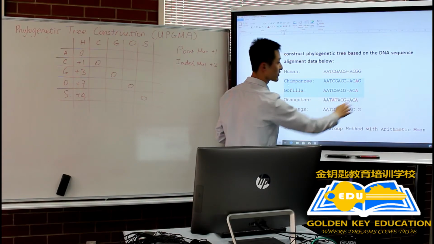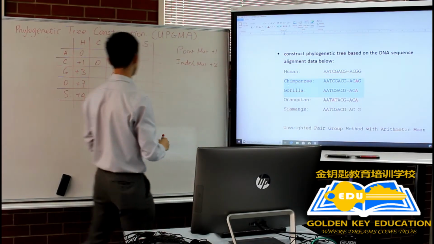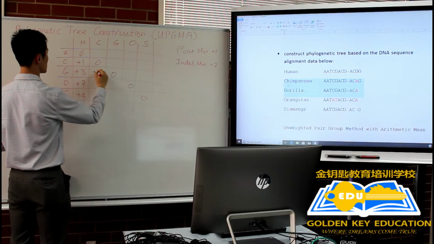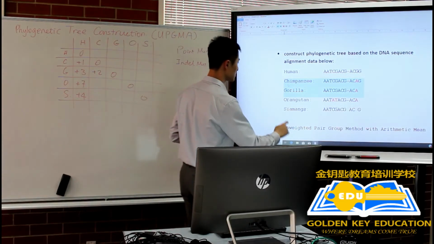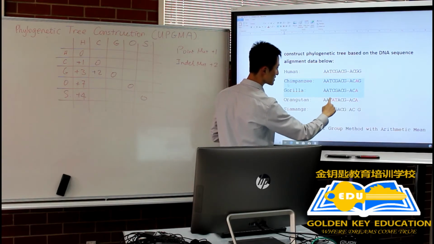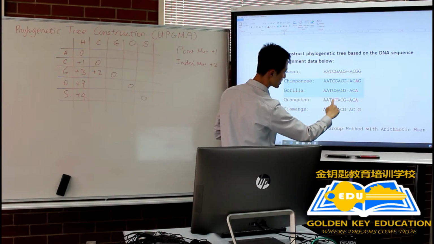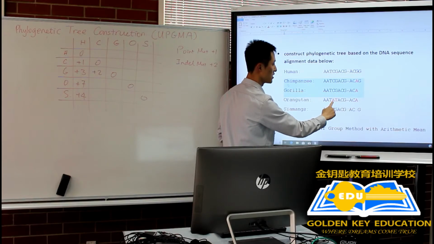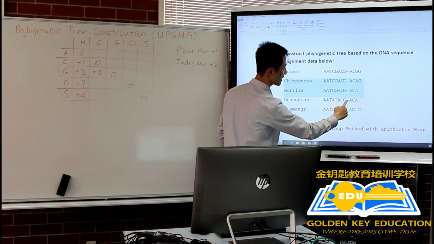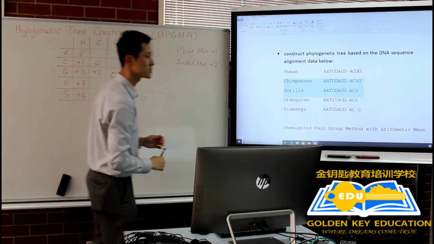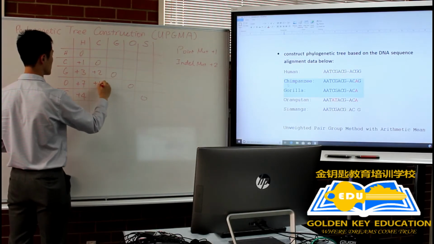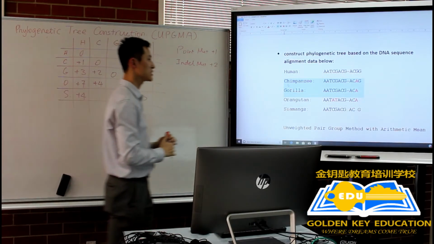So G and nothing is +2 in score. So here we give +2. And chimpanzee to orangutan, that's the same until we see that point mutation, which is +1, +2, and then same, and +2 again. So +2 will be +4 in that sense. And chimpanzee to siamang,